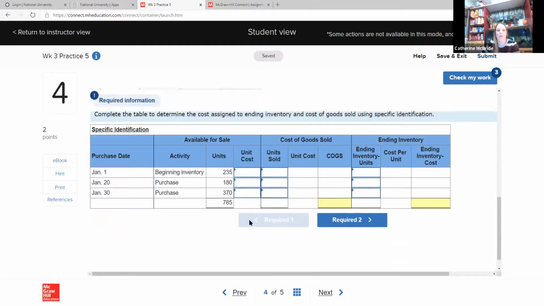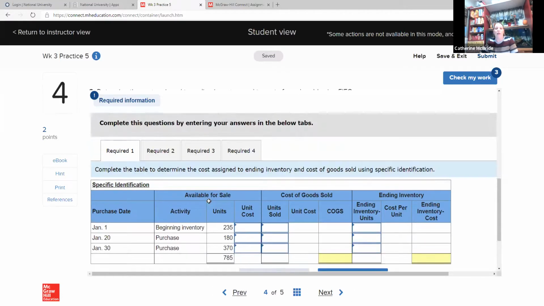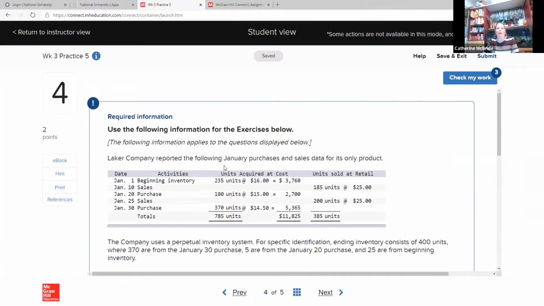Okay, this is what I wanted to show you before we got out of here. All right, so when we are figuring out the costs of inventory, there's four methods. There is specific identification, and this is used for something like a car lot or high-end jewelry, where if you buy that car, they're going to pull exactly that invoice that has to do with the car. They know exactly how much that particular car cost the dealership.